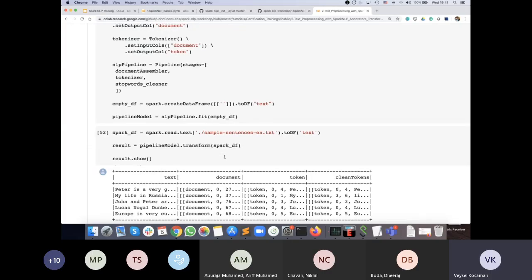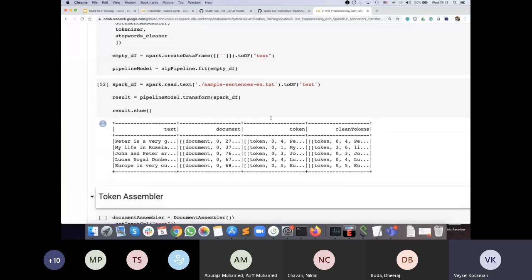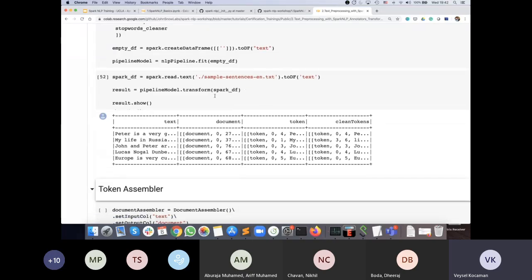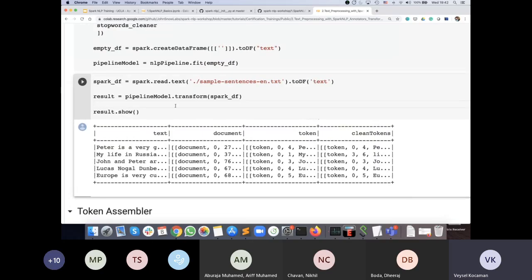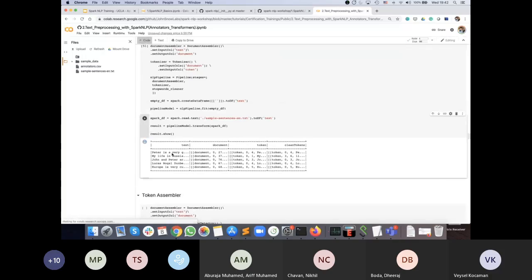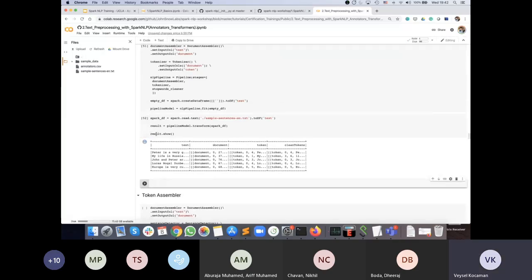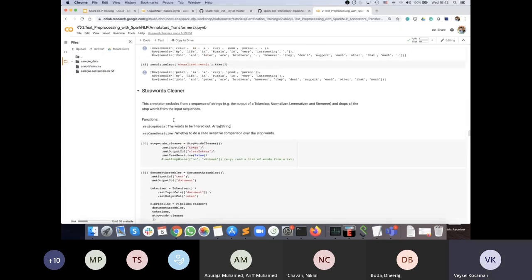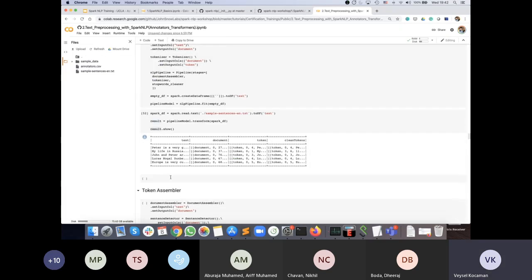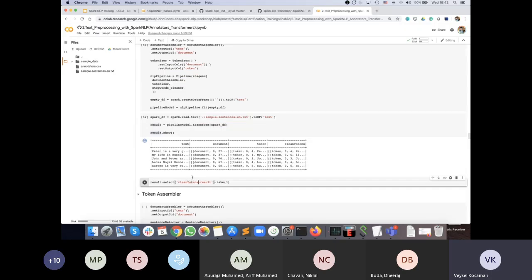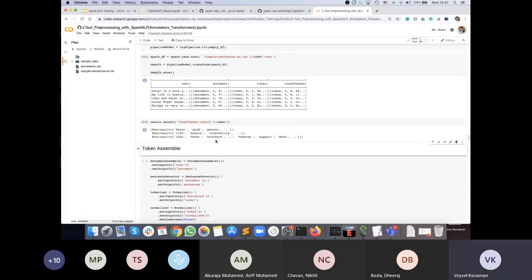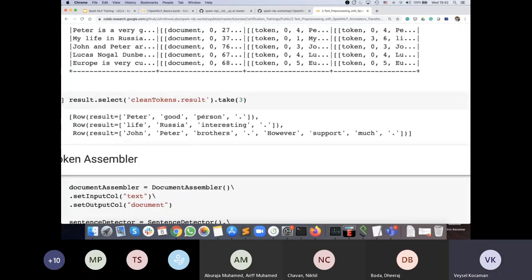You don't need it because I didn't end the session, but if the session kills, or if you lose that one, you can just read from the text again. And now you see the clean tokens. Right now, if I want to, let's copy paste from here. The column name is clean tokens. You see, "Peter is a good person"